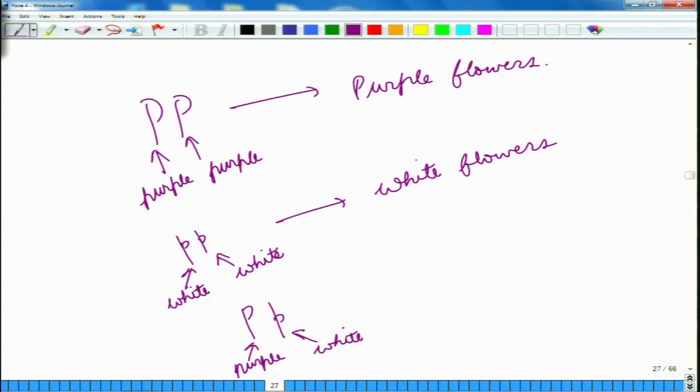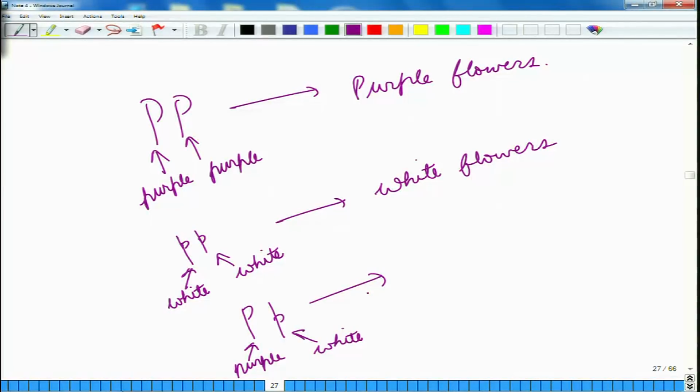So in this case, do we get individuals that have a color that is somewhere in between purple and white, or do we have situations in which sometimes it will show purple, sometimes it will show white? The law of dominance tells us the answer to this question. It says that whenever we have two alleles and one allele is dominant, and we generally represent dominant with a capital letter, anything that is dominant will mask over the phenotype of the recessive one. So in this case, because capital P is dominant, we will be having purple flowers only.